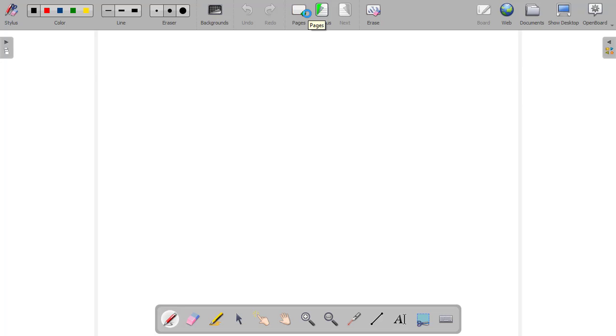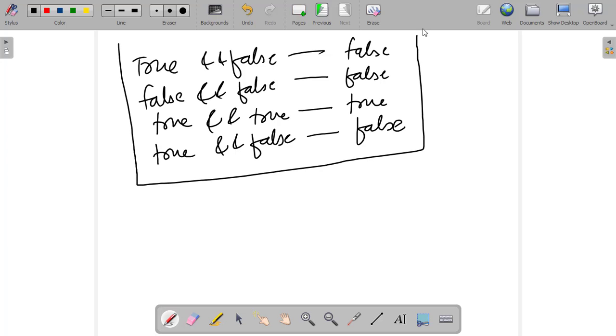So let us move on to the true and false concepts also. Please see here very carefully. For AND, if any of the statements, either on the left or on the right, is false, then the result will be false, else it is true.